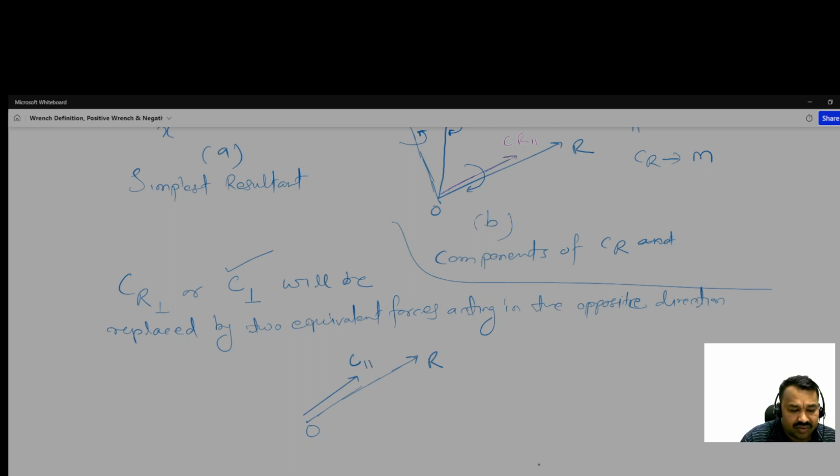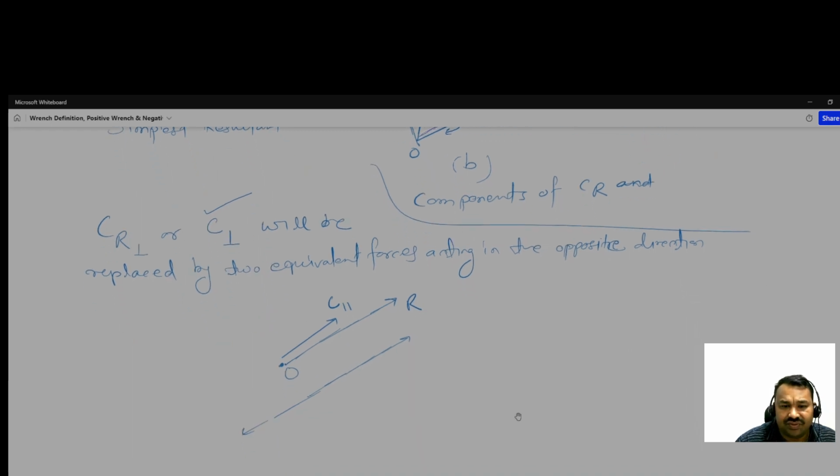Okay, so what to do now? Here, as the M2 is replaced by two equal forces, this is suppose R and this is suppose minus R. So in this way it can be replaced, and from 0 it is at distance d. Okay,